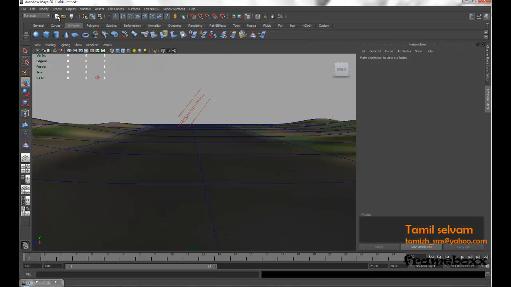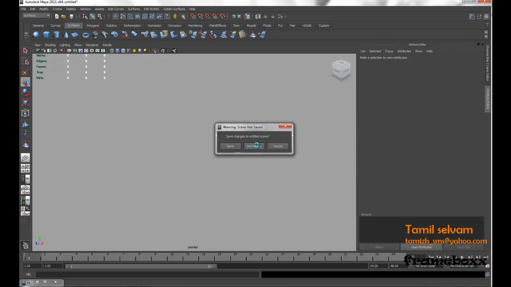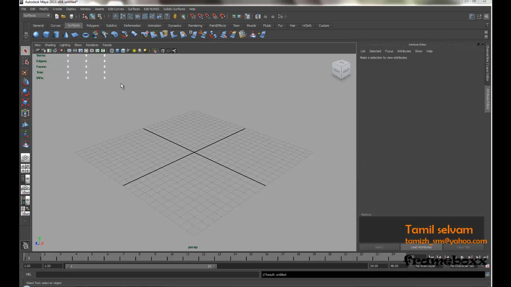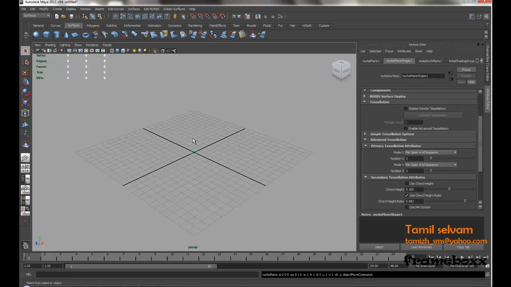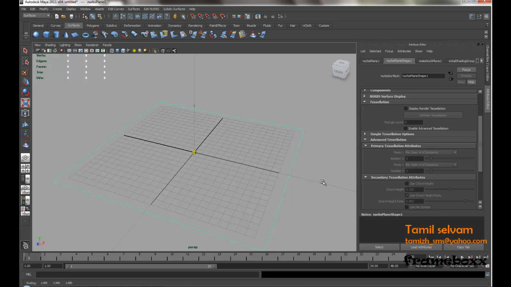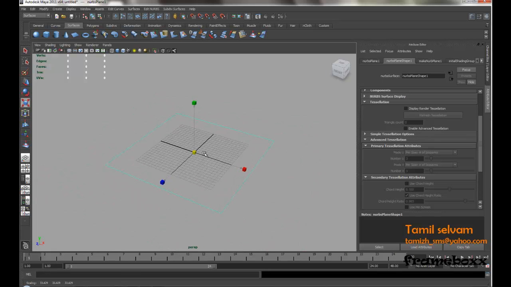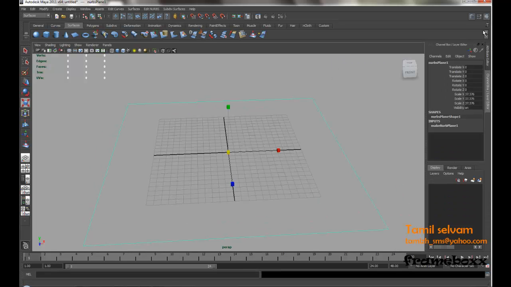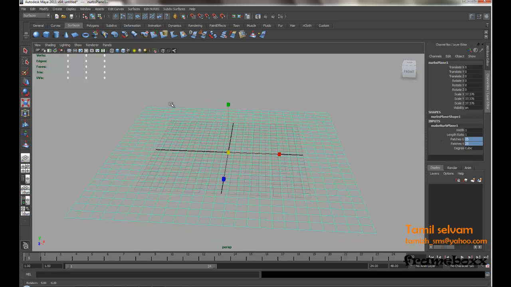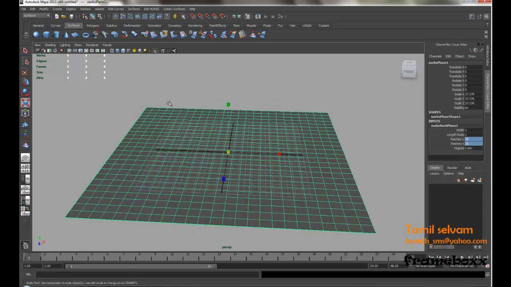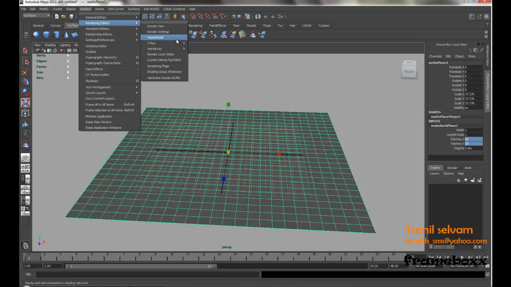So create a new scene and enable that. Okay, create a NURBS plane and scale it up somewhat like that, and increase the number of patches. I'm going to give 25. Okay, press X on the keyboard, go to hypershade,